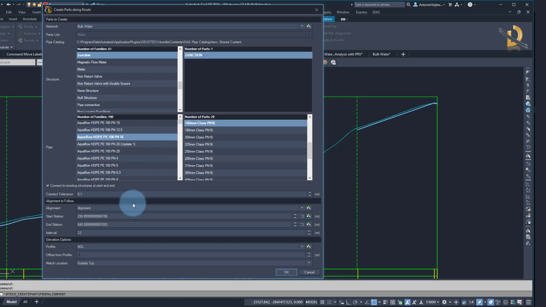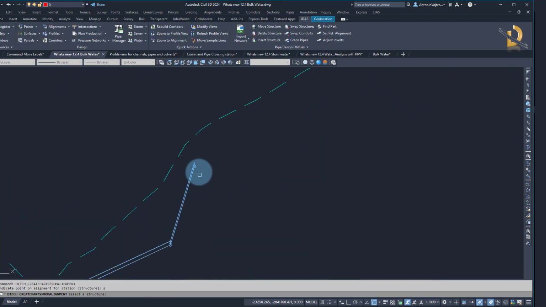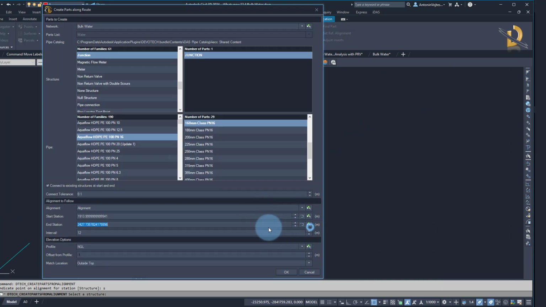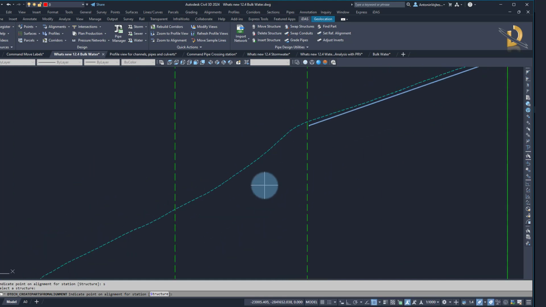I will keep the same settings. I will just reset my start and end station. And I will now go and select the start station in a profile view and the end station. You don't need to reset start and end station. I just did it